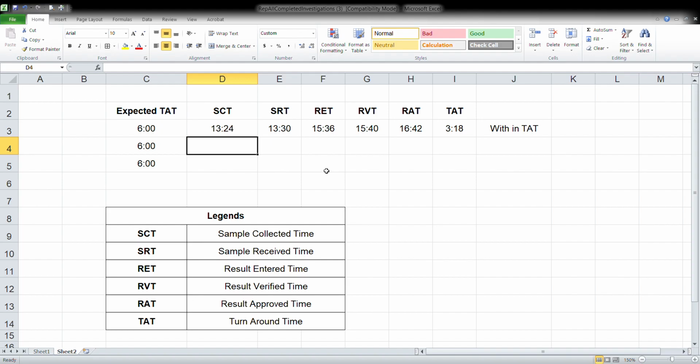For example, a patient has come to your lab and given you a sample at 1:24. After collection I've sent the sample to the lab for estimation. That will be your sample receiving time, that is 1:30. And after doing the processing and everything, I have entered the result at